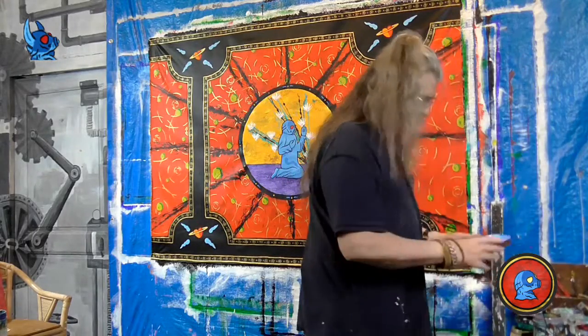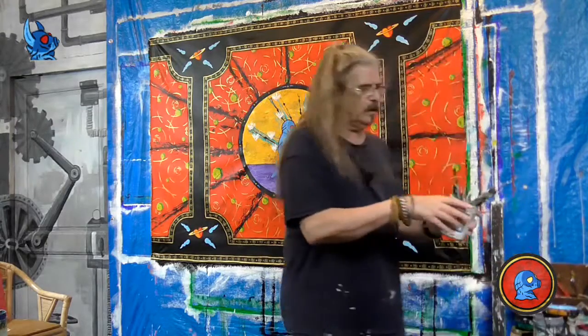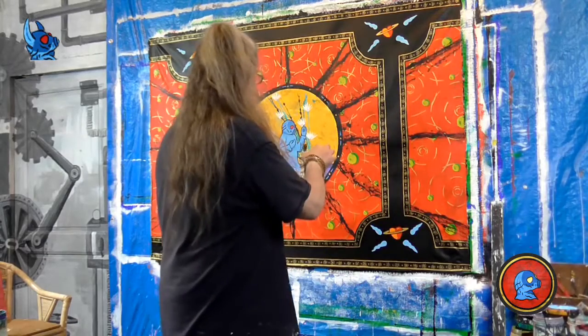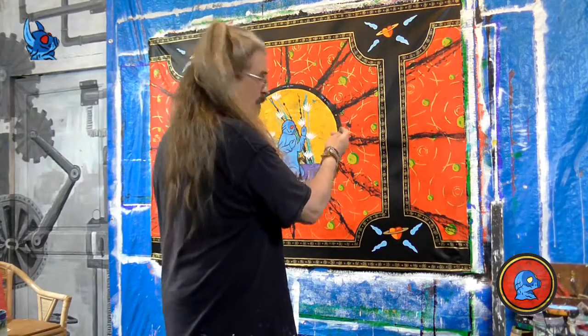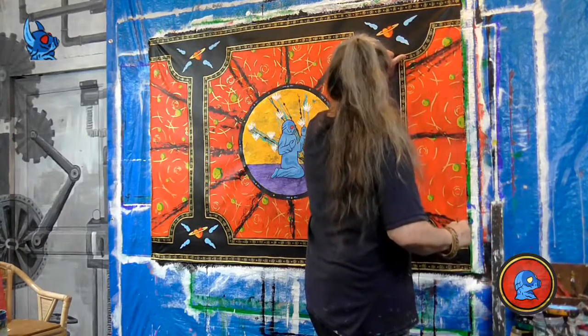So we have some white here. Let me get the right paintbrush. Let me check out again. So like I said, we don't have to be precise. All we have to do is just make sure you can't really see it, but you can see through